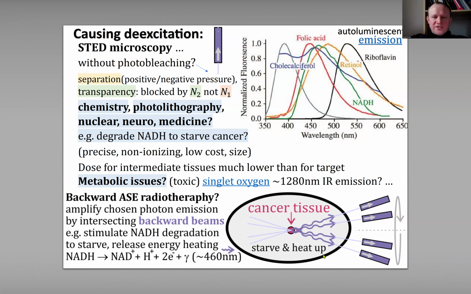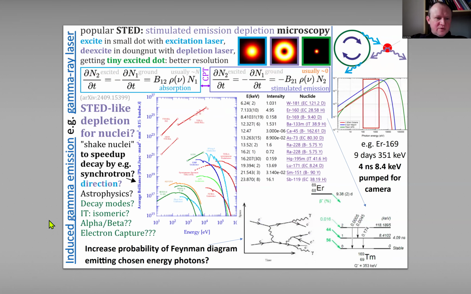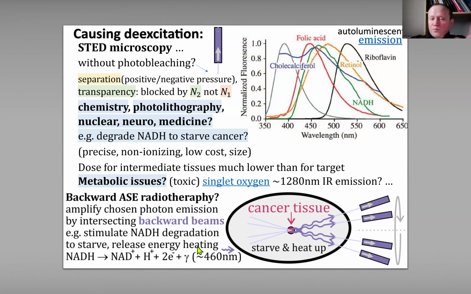So here is the first possible medical application. I've mentioned that NADH is continuously excited by life itself, and it's required for the metabolism of the cell. So if we could cause the de-excitation, producing energy, producing photons, and if we could pull these photons, which should have much better transparency, we should be able to starve the tissue, because we have no energy as the metabolism would be